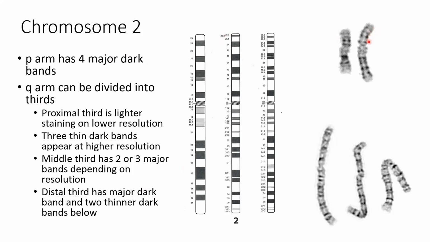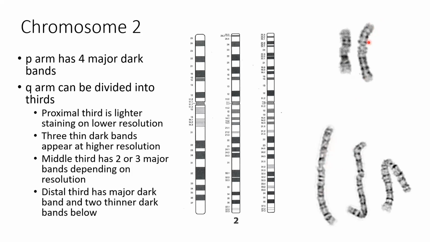And we can see that here. Again, as we get longer, you get more bands in there. So you're going to be starting to identify chromosomes with the shorter ones. They'll be a little bit easier, and we'll work you up to the ones with more bands that kind of confound some things. But the main thing to look for with chromosome 2 are those 4 major dark bands